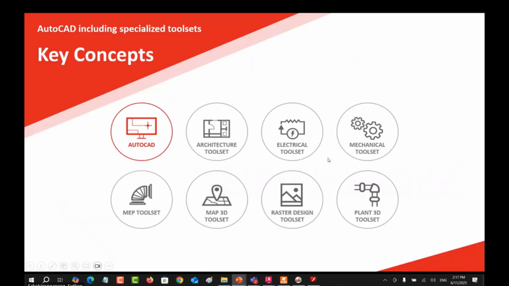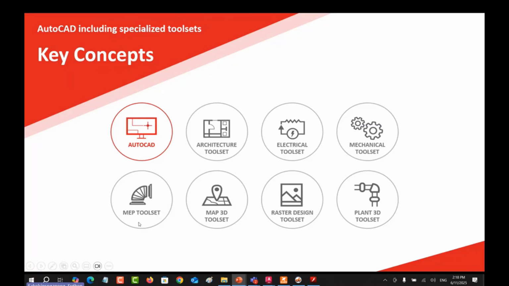Electrical. We focus on the electrical toolset because Autodesk now produces AutoCAD with seven toolsets. The architecture one is for house design, the electrical is for electrical control diagram design, and the mechanical is for sprocket, chain, and many mechanical drawings.